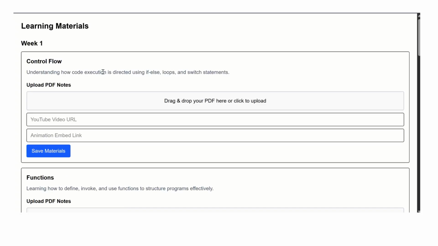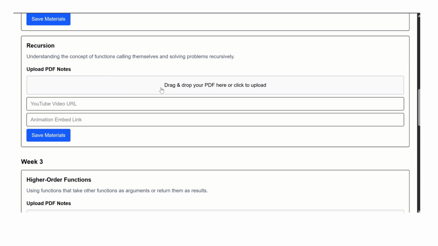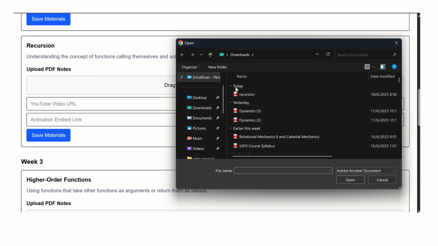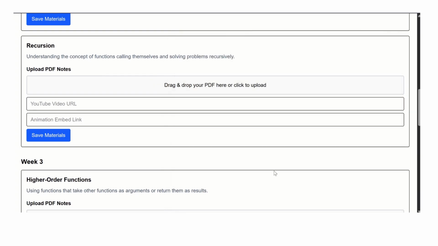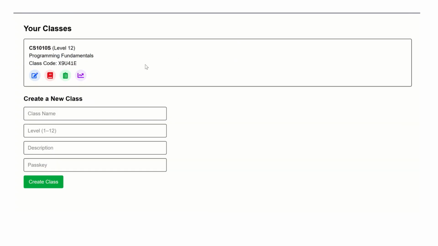Taking recursion as an example, the teacher can drag and drop PDF notes, YouTube video URLs, and embedded animation links. After this, they can also save the material such that